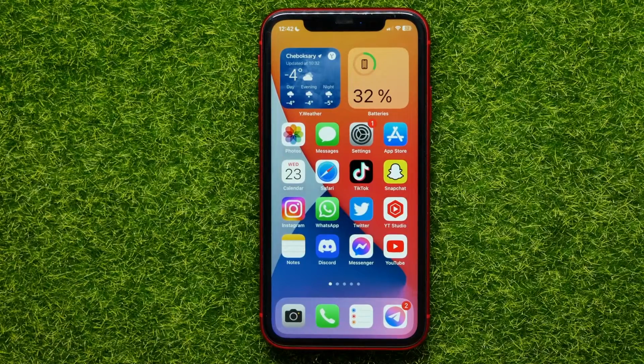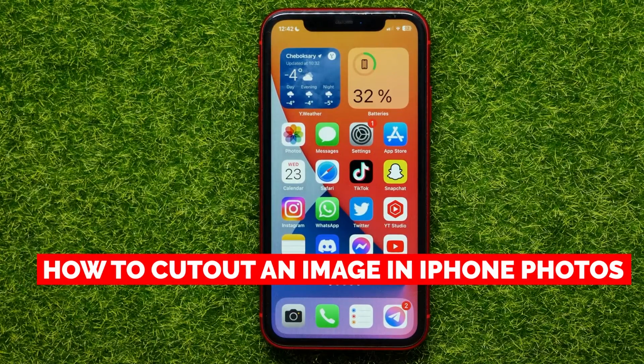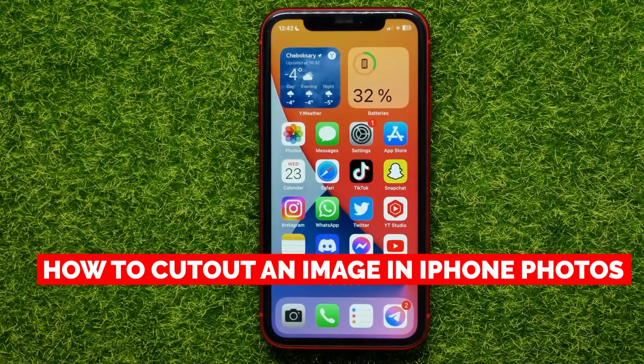Hello guys, welcome back. In this video I'll show you how to cut out an image in Photos app on